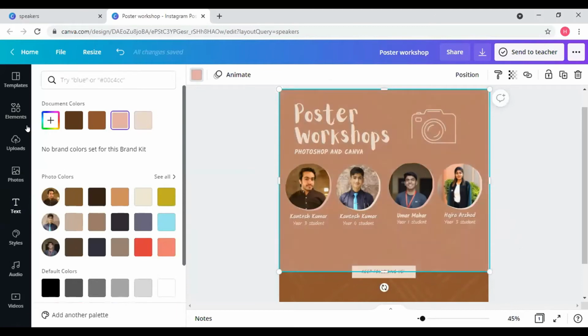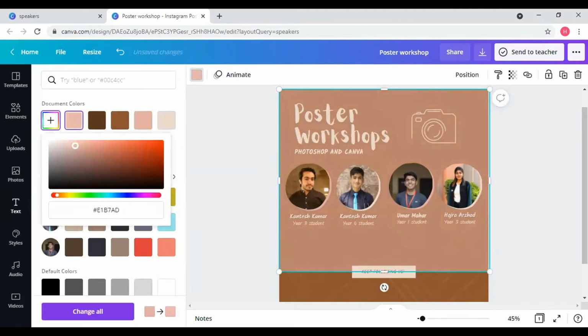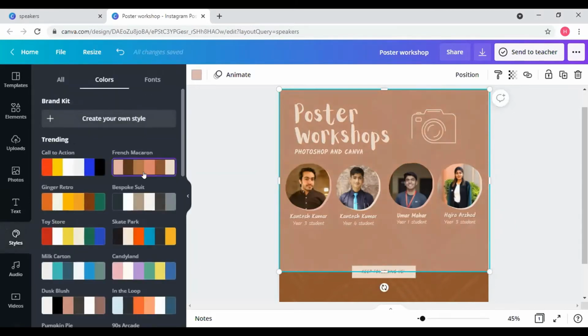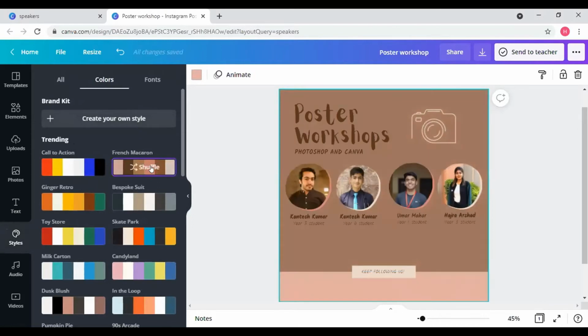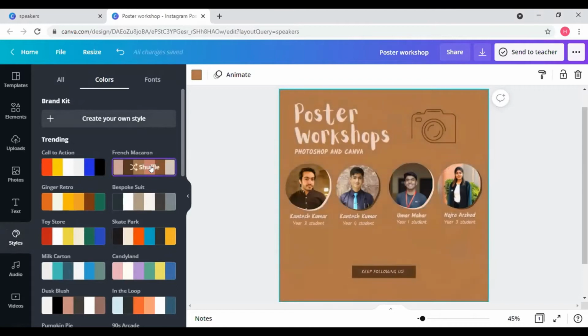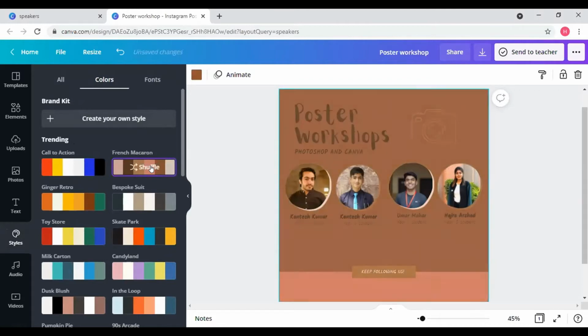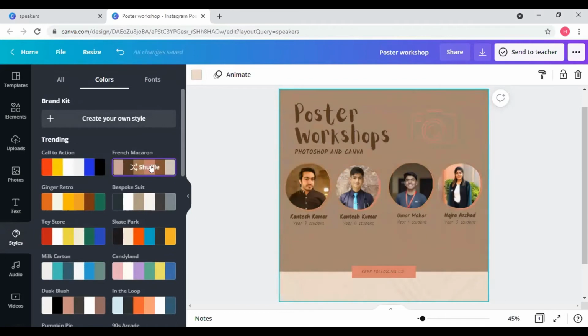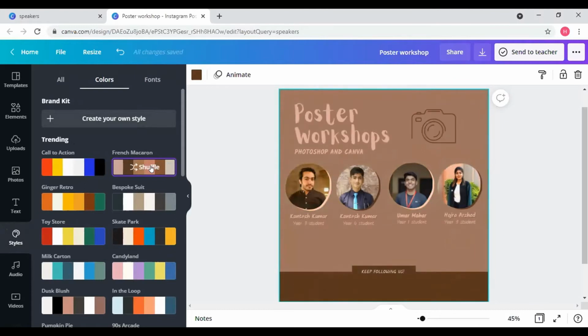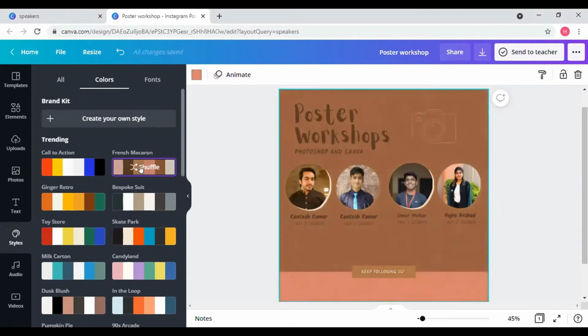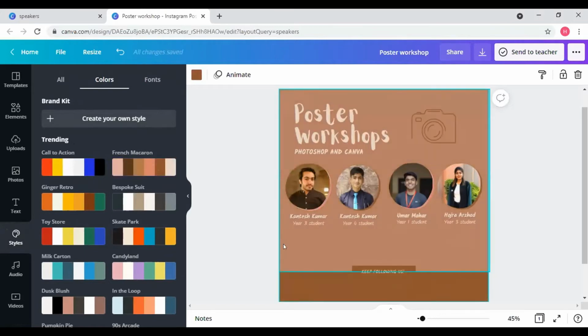So we can always go to the colors and change it. We can go to the style and change it. So let's just keep it like this. Let's keep the light one like this, yeah. And since this is like